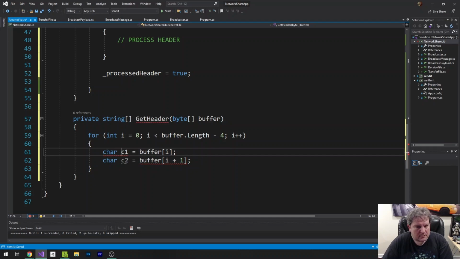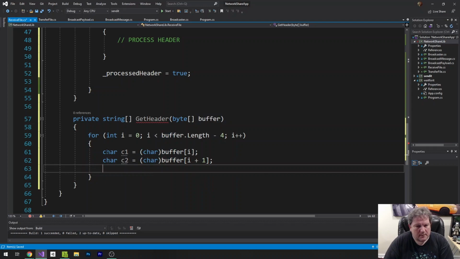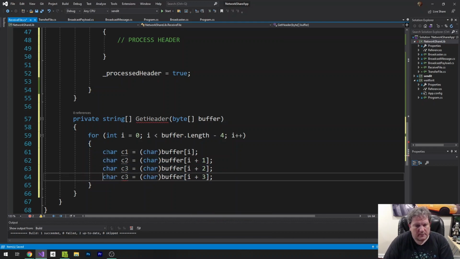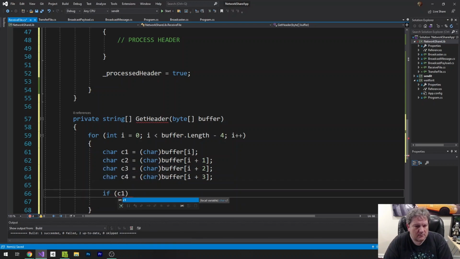Actually, it's going to be char. Then we do char 3 equals char i plus 2, and then it's going to be 3, 4. So if ch1 equals \r and ch2 equals \n,